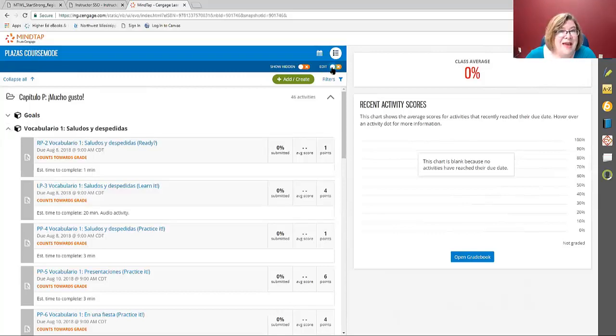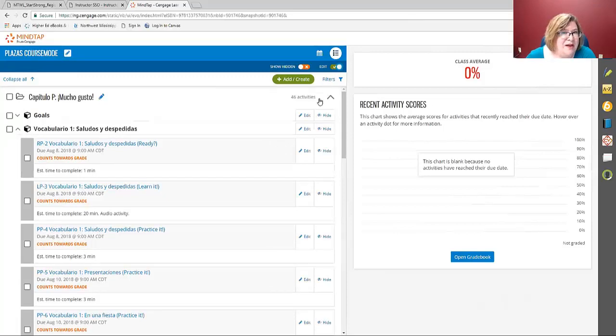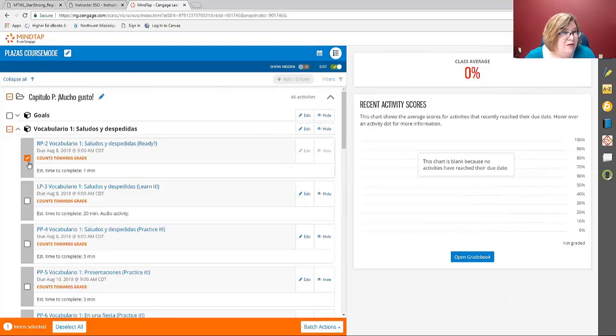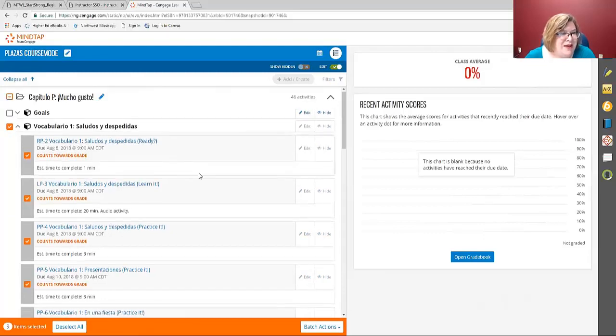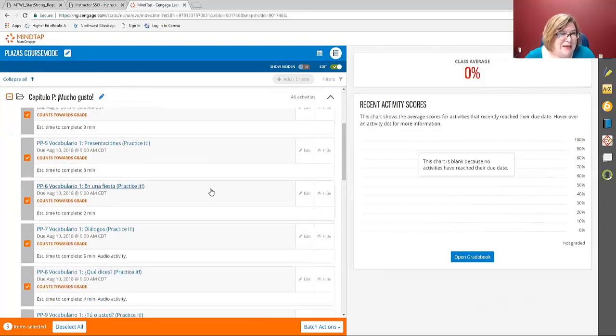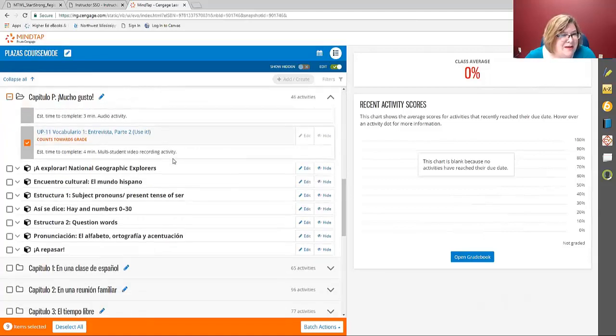I'm just going to click edit, and did you see how it went green? Now I have the edit button and the hide button. So I can do a couple of things from here. I can assign activities from here. I can click on individual activities, or I can say I want to do the whole deck. If I click that, it'll pick every activity in the deck. So what do I mean by the deck? It assigned everything that was underneath that one little thing.